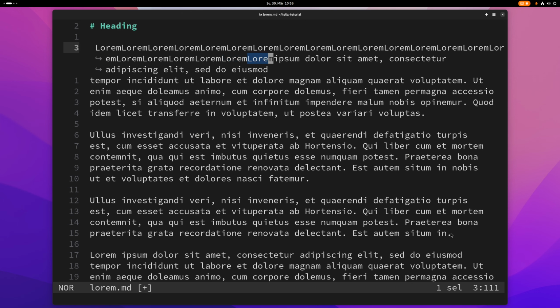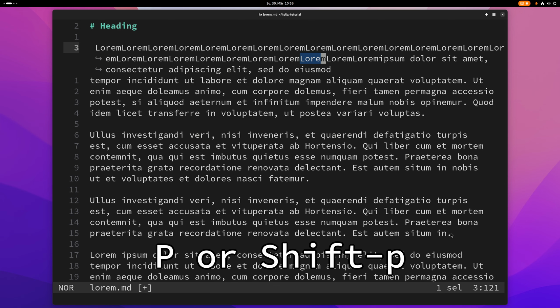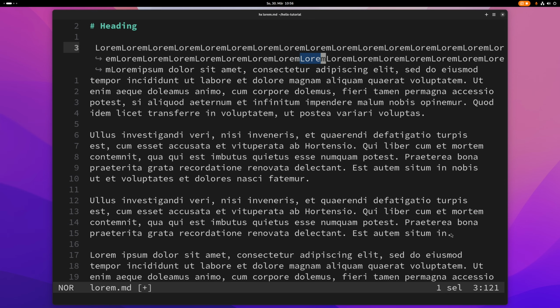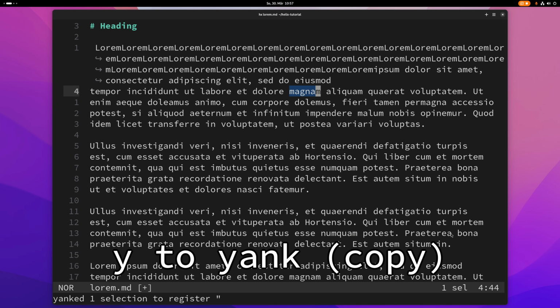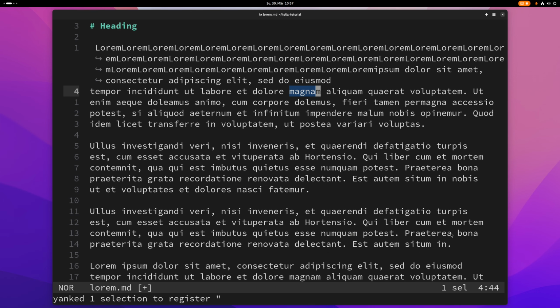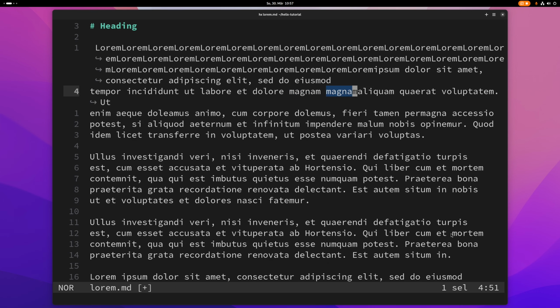And yes, you can see this will paste before the cursor or before my selection. But if I want to paste after my cursor or after my selection, I can press Shift P. And that will paste after my cursor or selection. If you want to copy something, you can just hit Y for yank, basically. And if I yank this here, I can just paste it again,